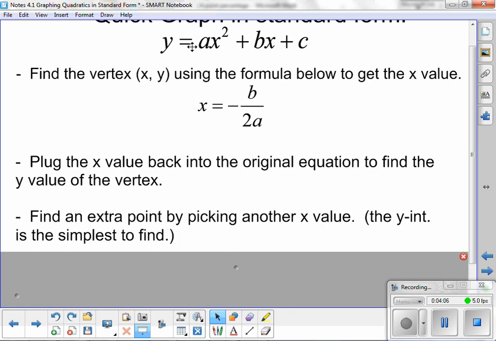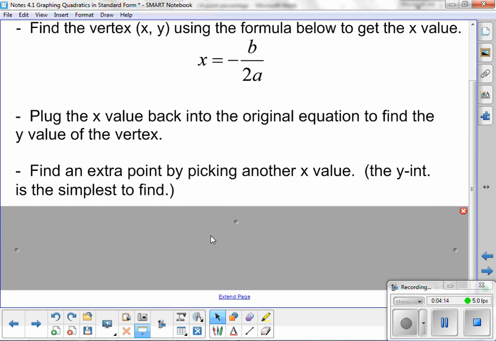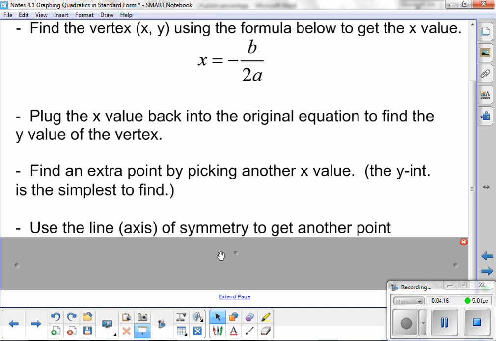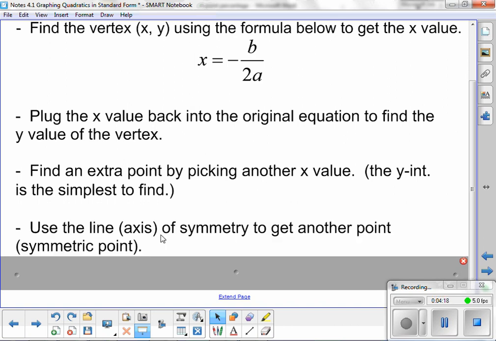Basically what I'm getting at is that when it's in standard form, this c value is your y-intercept. That's a very easy extra point to find. It's not always the most efficient one to use though, and I'll show you why later. So after you get that extra point, you're going to use the axis of symmetry or line of symmetry. It's called both of those things. To get another point, which is called your symmetric point, and then after that, you would